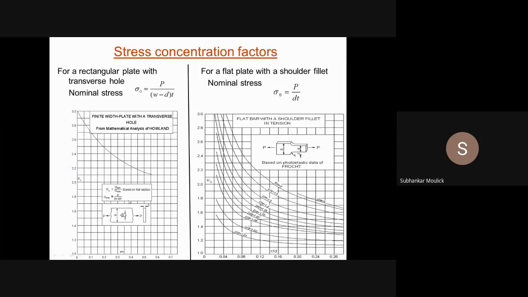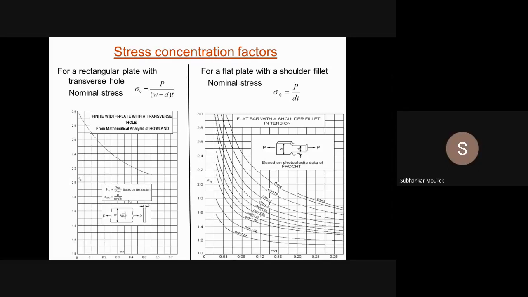So that diagram, does that diagram match any of the data in this slide? No, sir. In the second diagram, tensile load is acting on the plate. In my question, bending moment is acting, due to which the entire shaft bends. So I will not choose this diagram.